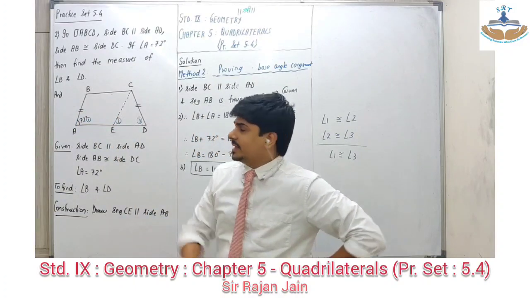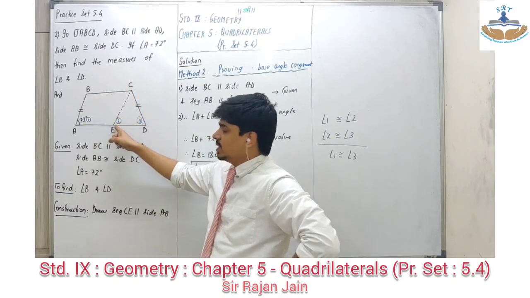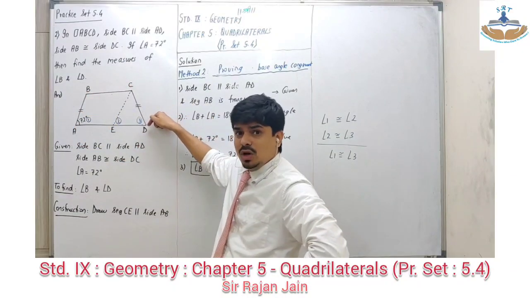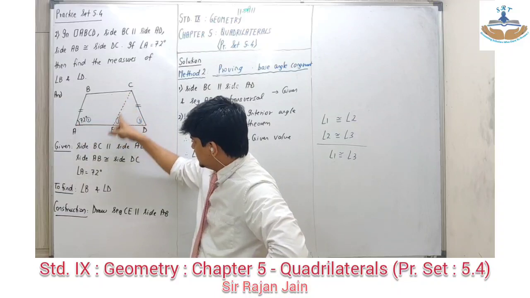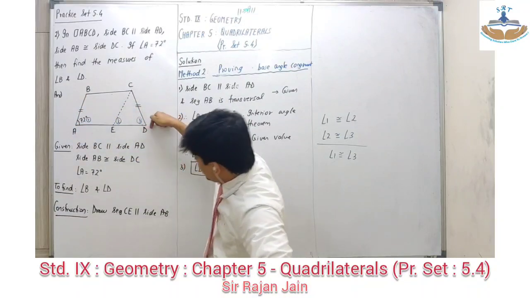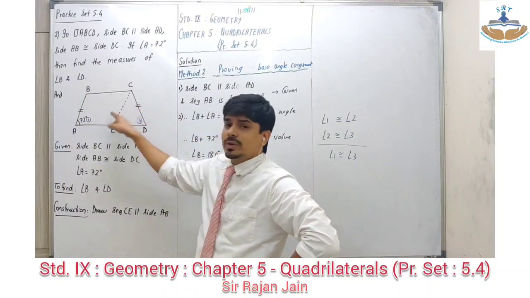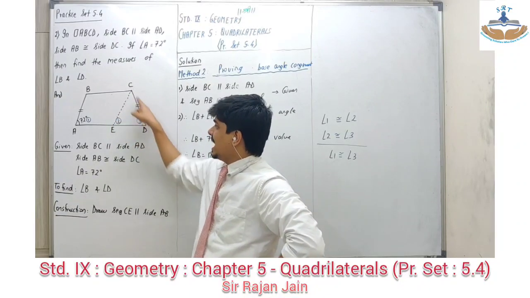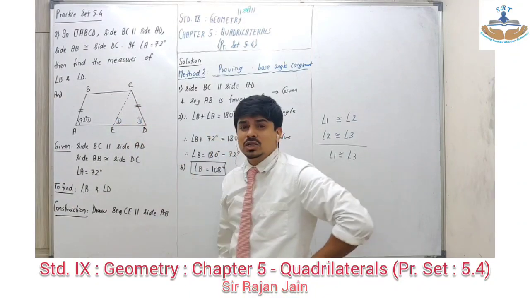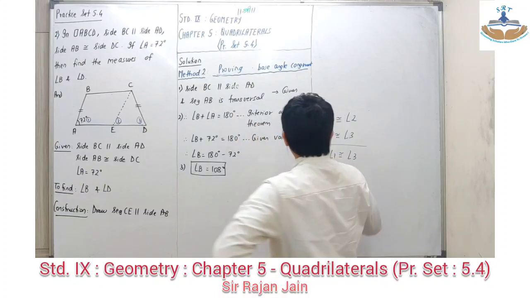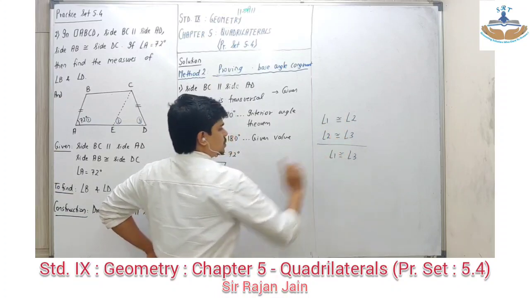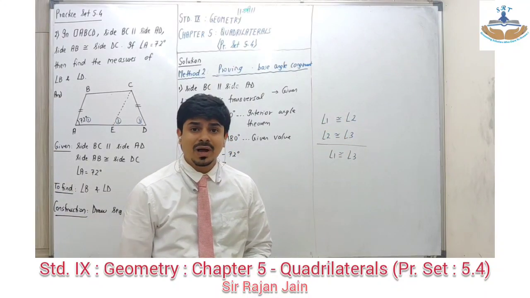If it becomes a parallelogram, BA becomes equal to CD. But in the question it is given that BA and CD are already congruent. So BA is congruent to this also, BA is congruent to this also. So these two are congruent to each other. If these two are congruent to each other, in this triangle by the isosceles triangle theorem, angle 2 becomes congruent to angle 3. Okay, if 1 is congruent to 2, 2 is congruent to 3, the conclusion you can write is angle 1 is congruent to angle 3.